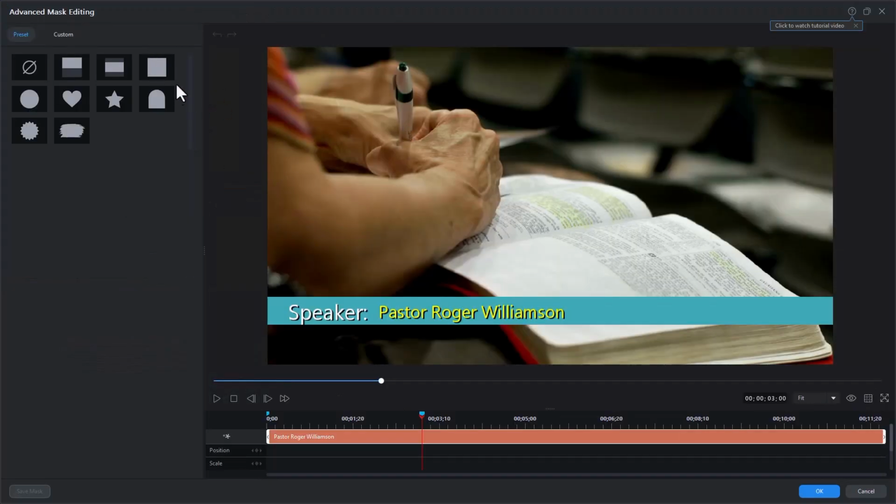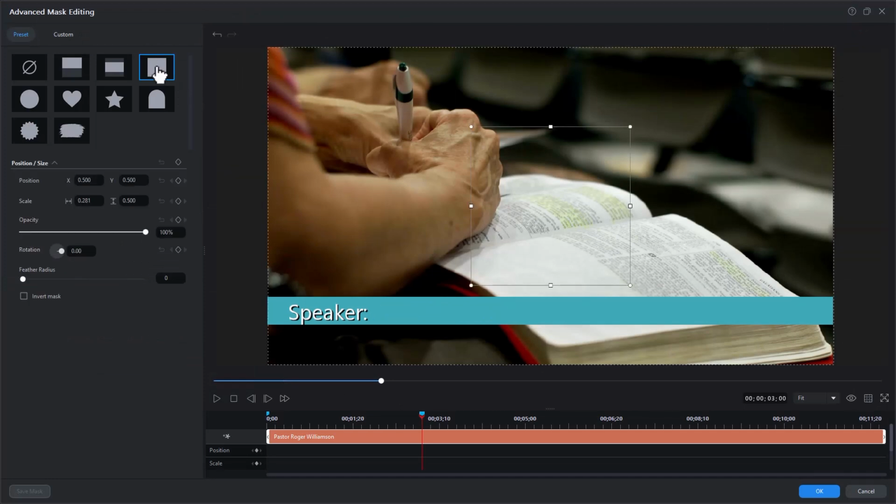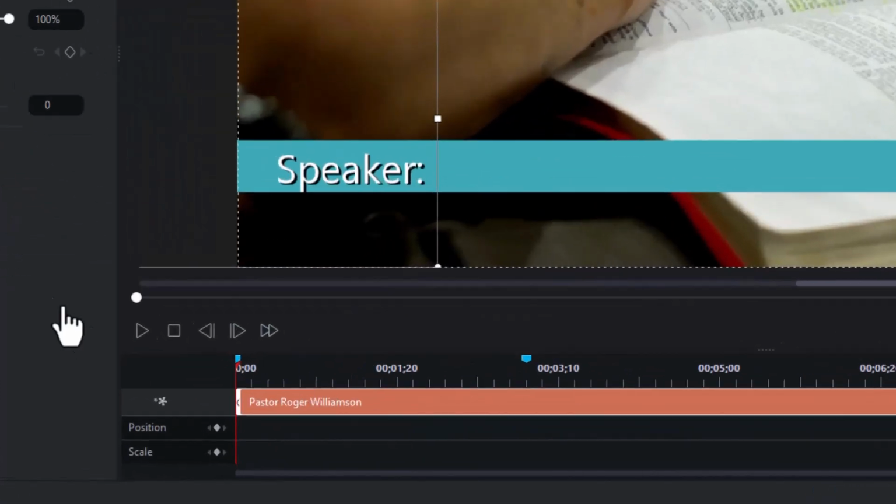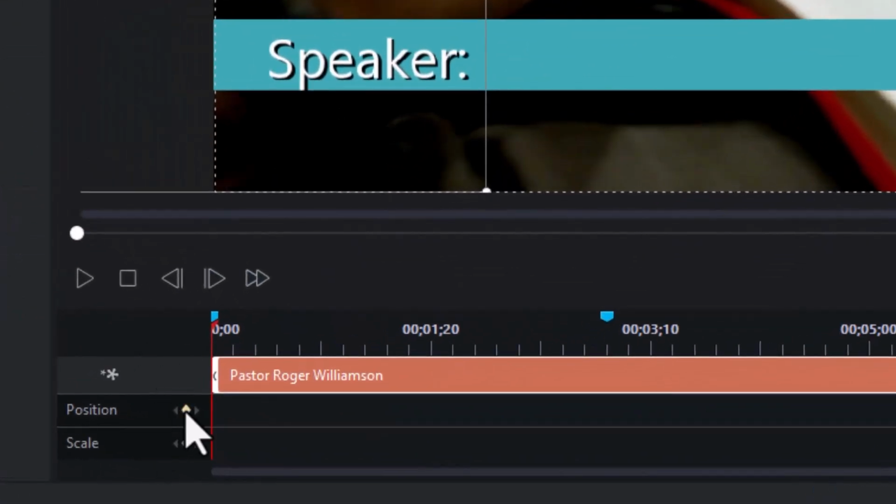And now what I want to do is select a mask. I'll take the rectangular one, the fourth one on the right, and you notice it will reveal only that title. So I'm going to start by making the mask big. You can waste space on a mask if you want to. And I'm going to drag it all the way to the left so you don't see anything but the word speaker. And then I'm going to move my playhead to the beginning and set a keyframe right on that timeline